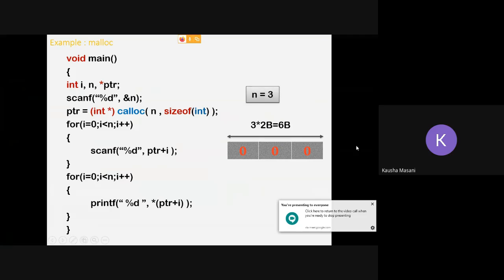Please be very careful. In your calloc, you are not mentioning star, you are mentioning n comma size of integer, whereas in your malloc, it is n star size of integer.